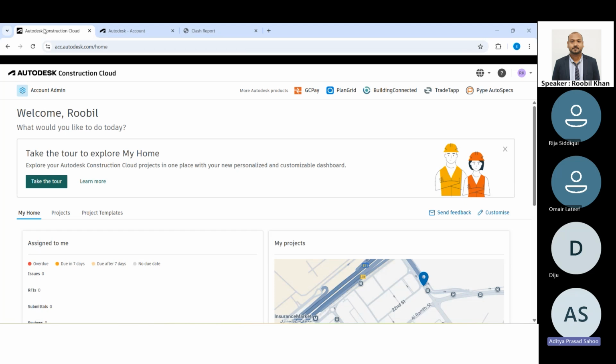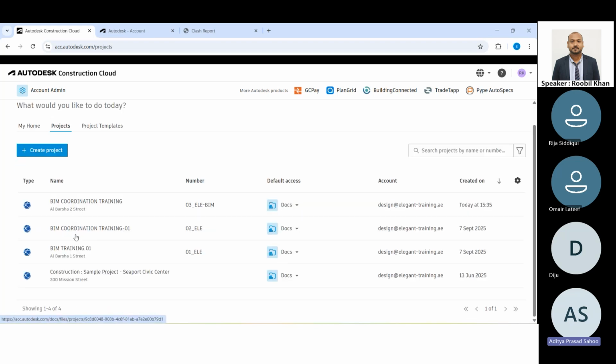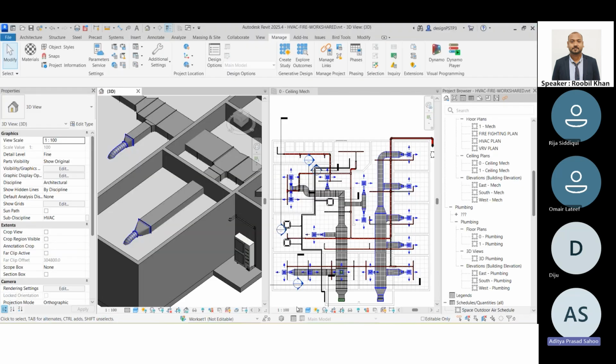Now let's go to the Construction Cloud platform. This is my Construction Cloud platform, and I have created my projects already in it. If I go to the project part, these are the projects I am already working on, and here it will show the data. Today for this webinar, I created a sample workspace here, and I have already uploaded the cloud models